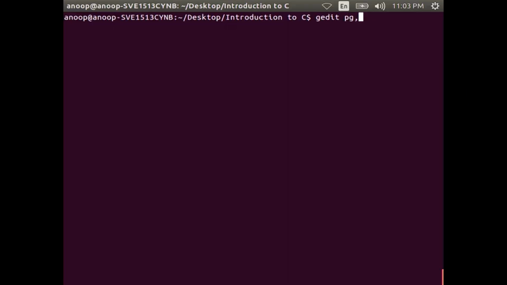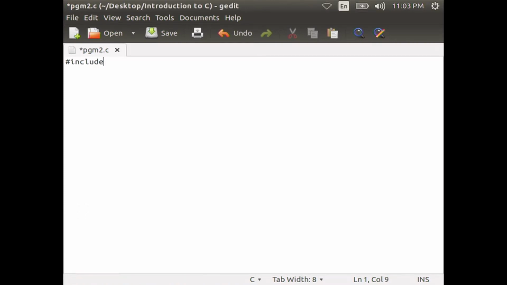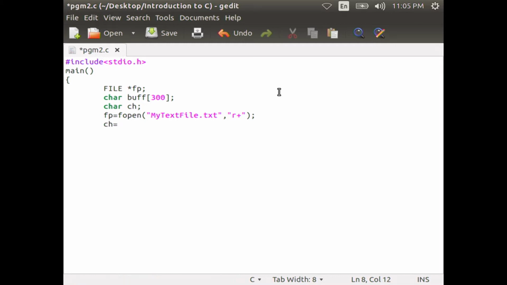#include <stdio.h> main() { FILE *fp; char buff[300]; char ch; fp = fopen("mytextfile.txt", "r+"); ch = fgetc(fp); here you are reading the character, printf("%c", ch);